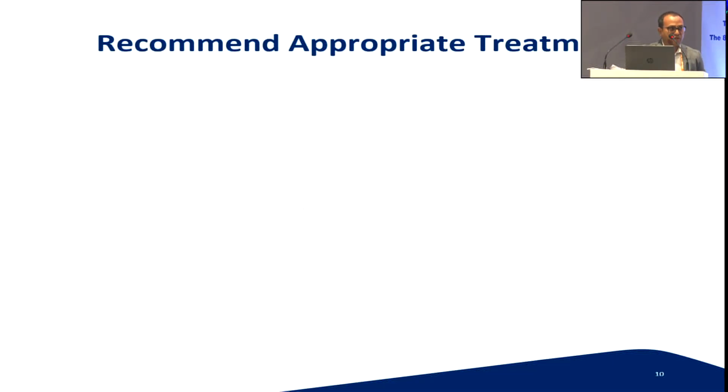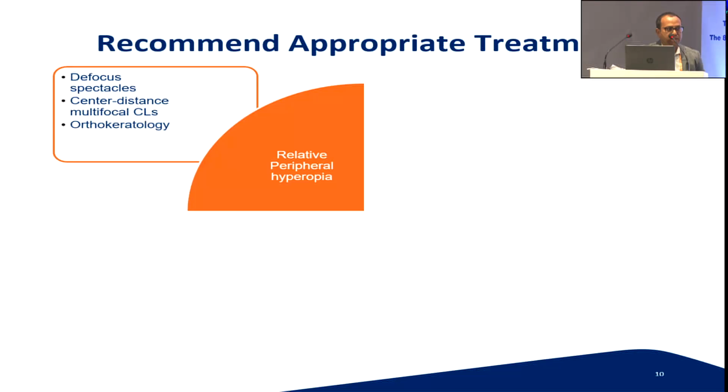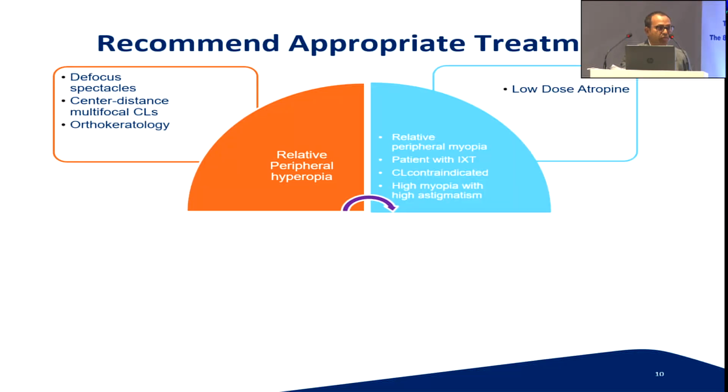So on the basis of subjective and objective information, we can start our first line of treatment. If the patient has relative hyperopic defocus, the first line of treatment should be defocus lenses. It will work better. If the patient is a myope with hyperopic defocus, we should start low dose atropine, and most of the time